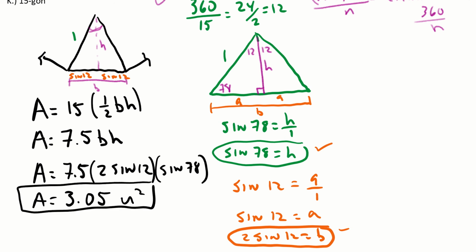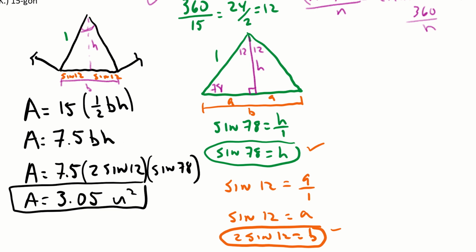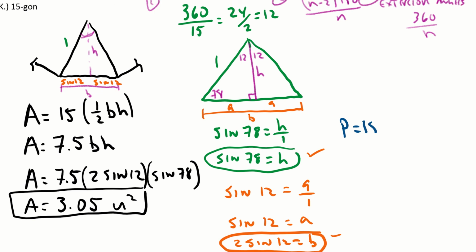And then the next thing that they want you to find is the perimeter. Well, the perimeter is going to equal, how many sides do I have? I have a 15gon, so it's going to be 15 times whatever b is, and I know that b is going to be 2 sine 12. And so again, I'm going to key that into the calculator, and I get 15 times 2 sine 12 equals